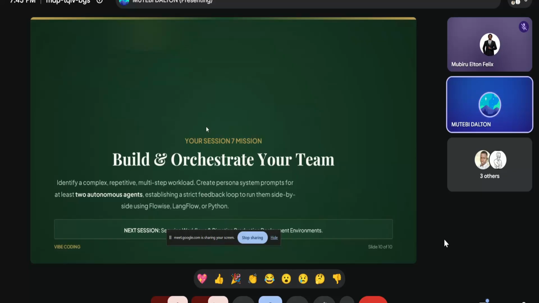So you could do this on your own. Let me just show you some sites which you could go on to try this out. Build and also orchestrate your team, identify a complex, repetitive, multi-step workload, and create personal system prompts for at least two autonomous agents.